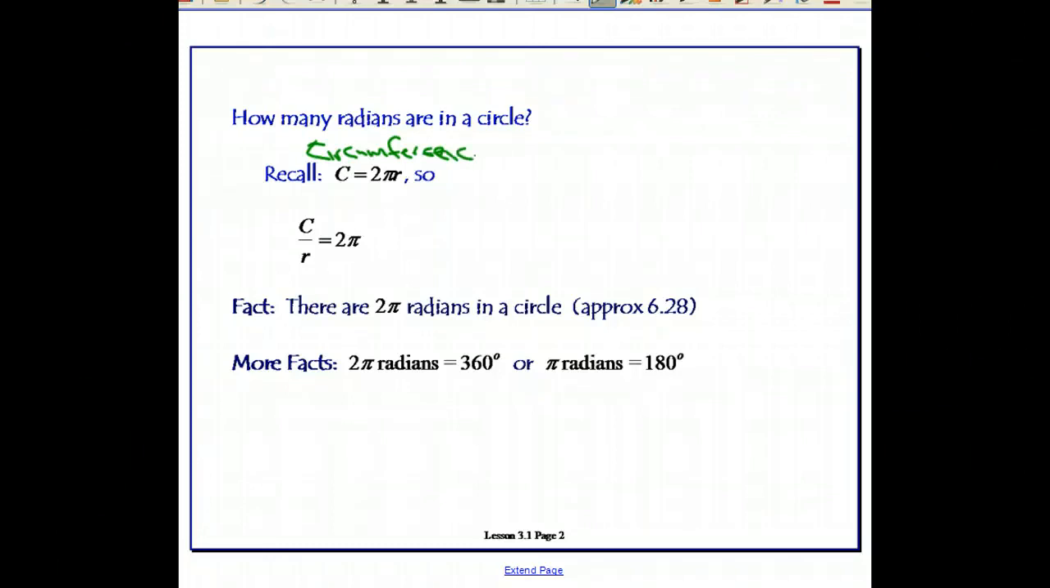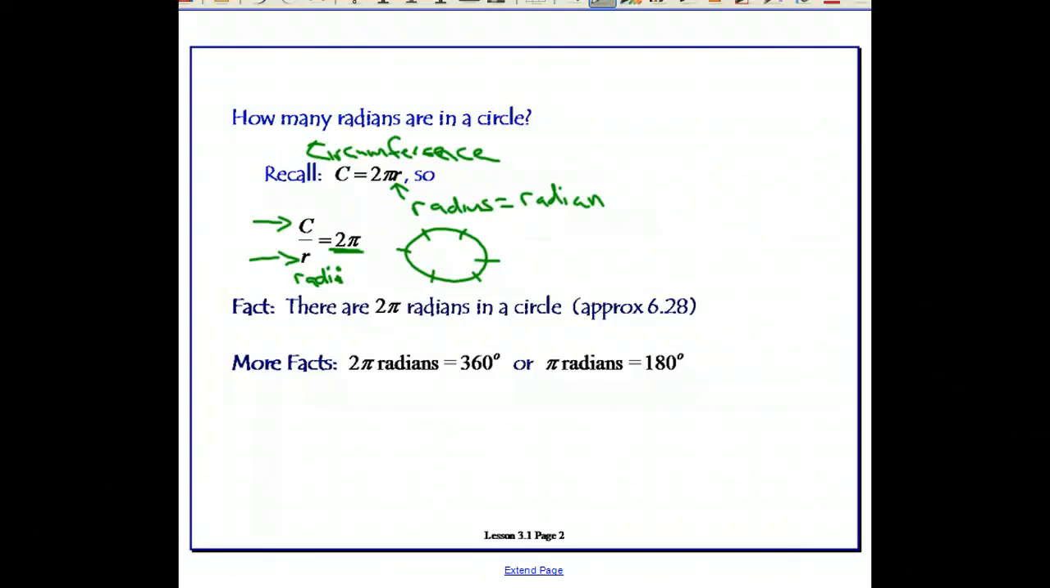Circumference. I'll get that. All right. So circumference of a circle is 2 times pi times the radius. But guys, the radius, we just defined that radius is equal to 1 radian. So if we take our circumference and divide it up into radii, what is left? 2 pi. So we took our circle, we broke it up into radii,